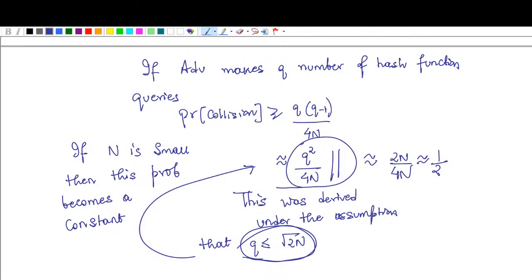So the whole purpose of the birthday attack was to show the significance of the large size of the codomain. If the codomain size is not sufficiently large, that means if the value of n is very small, then even by evaluating the hash function on some arbitrary number of distinct inputs, there is a good enough chance to find a collision in the underlying hash function. So that was the whole purpose of the birthday attack. Okay.